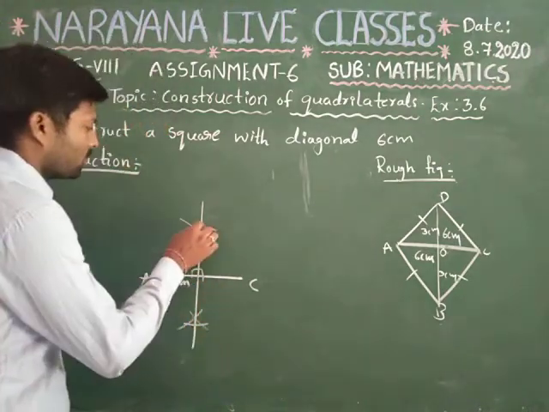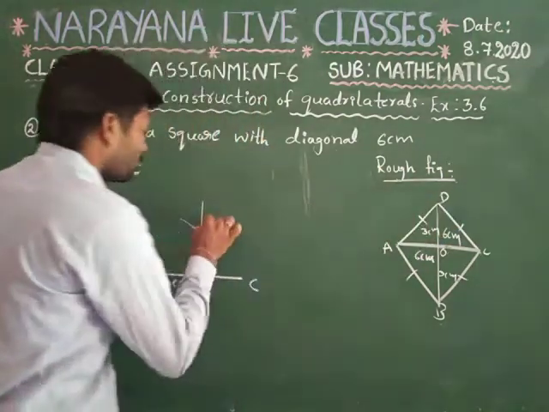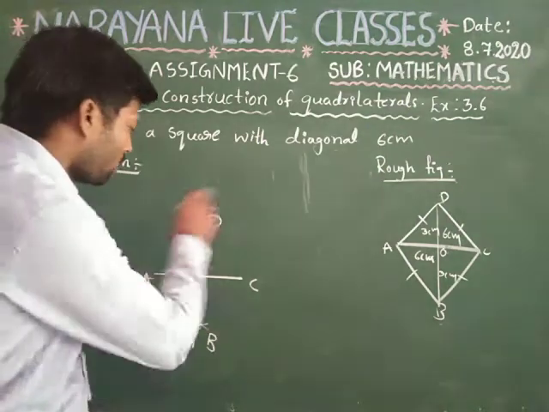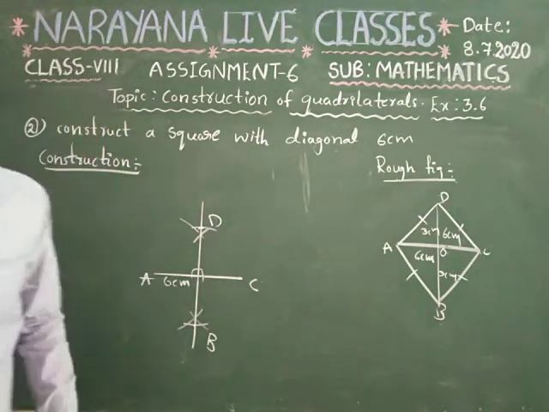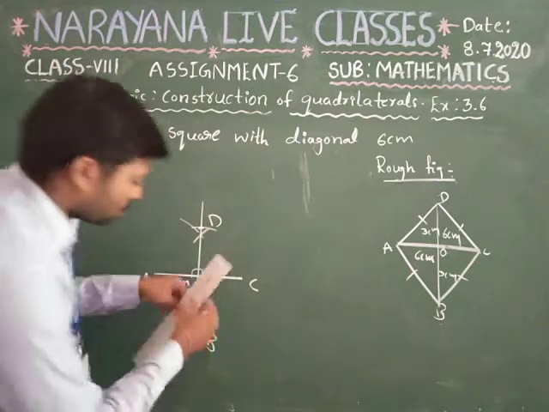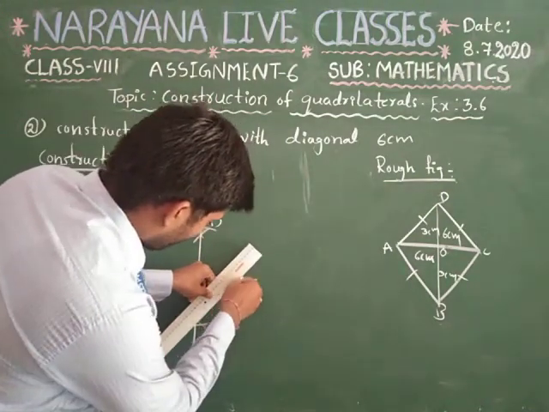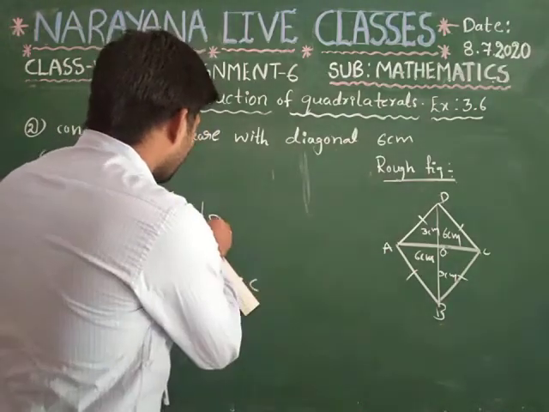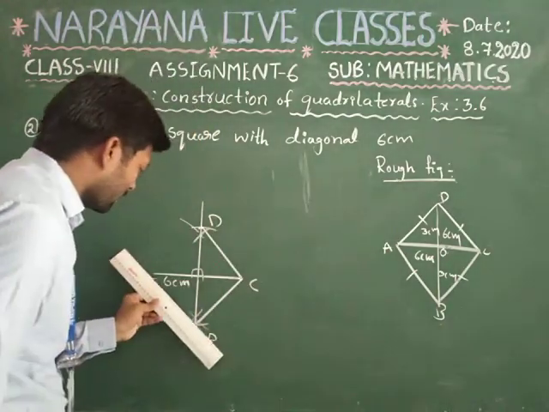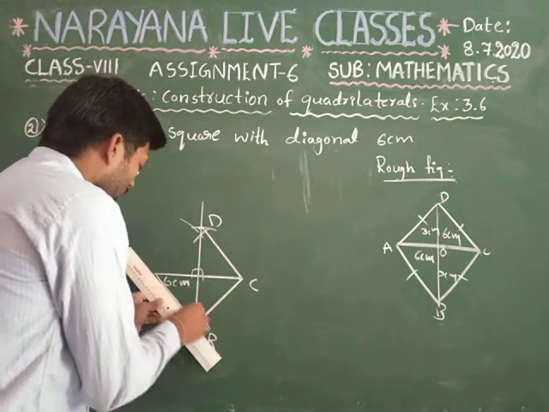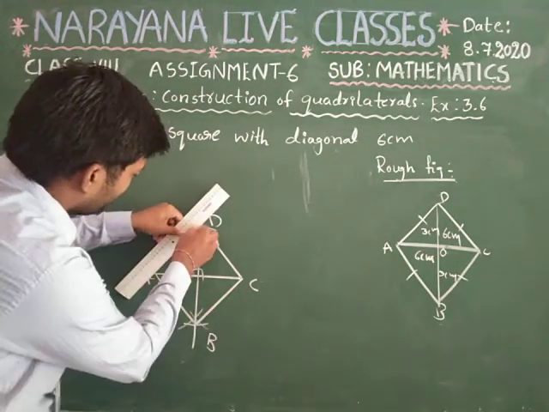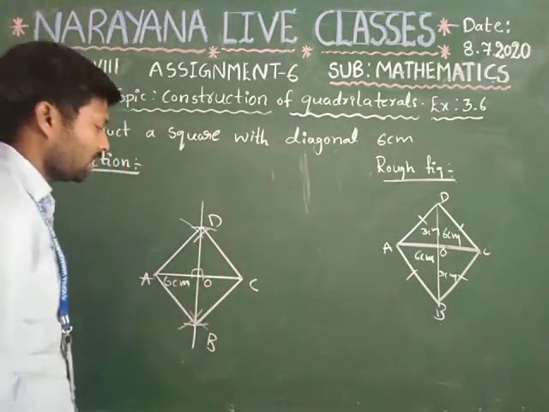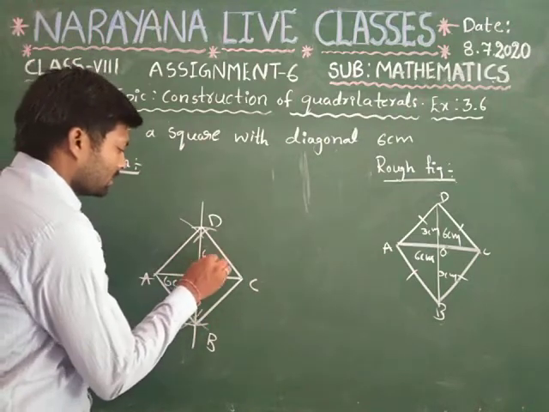Now the point of intersection of this arc as well as the line is nothing but point D. Again, from this also you have to take it as point B. Now you have to join all these 4 points to form a square. Join these points. It is side BC and side CD as well as side AB as well as side AD. Okay. Hence, this is the construction of a square ABCD with the diagonal,